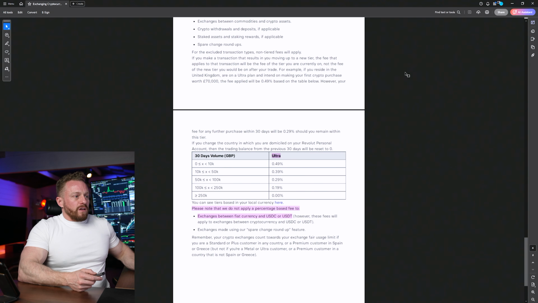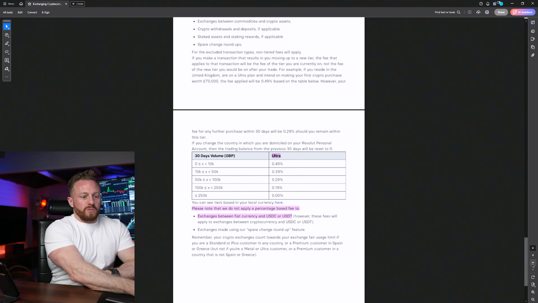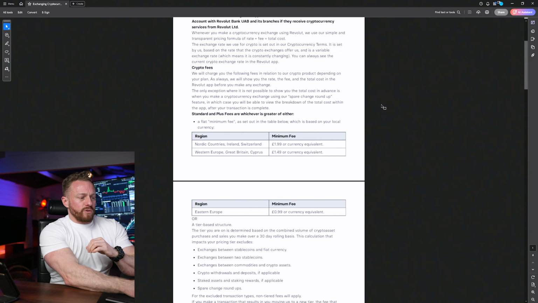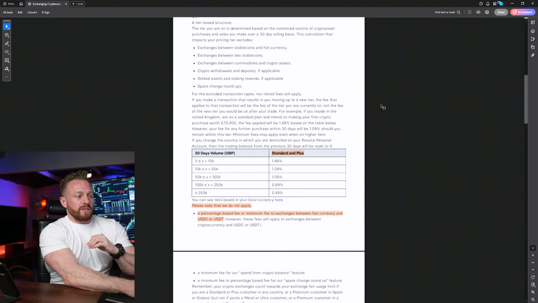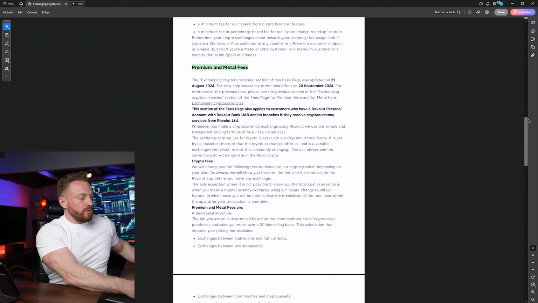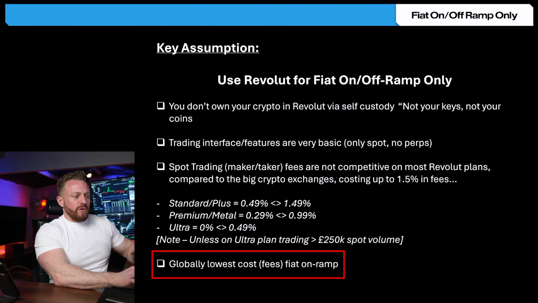And I've actually gone through this document they have on their website, which outlines all the fees. It's quite lengthy, but if you scroll down, they do have a table with the fees outlined for each of the different plans. That's the standard and plus and metal fees. And to summarize